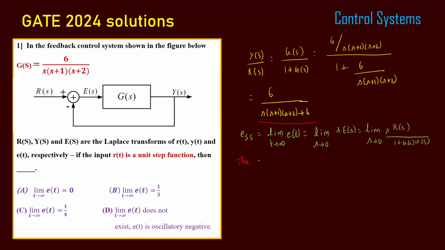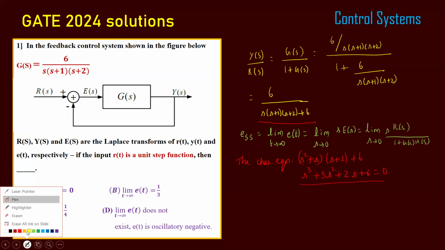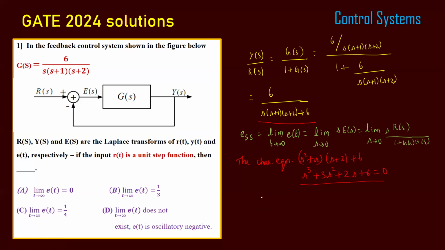Let me simplify the characteristic equation. S into S plus 1 into S plus 2, plus 6, which is equal to S cube plus S square plus 2S square, that becomes S cube plus 3S square plus 2S plus 6 equal to 0. So this is the characteristic equation. To find the stability, we can use the Routh array. So I'm going to use the Routh array